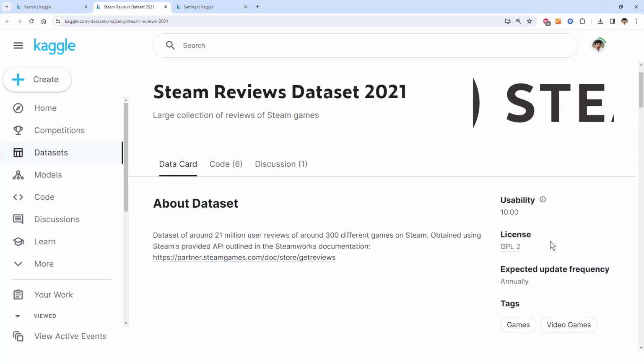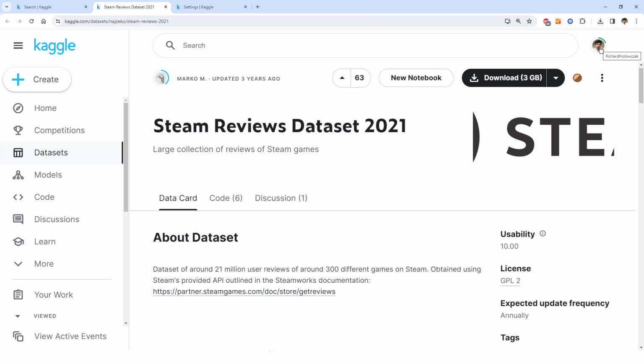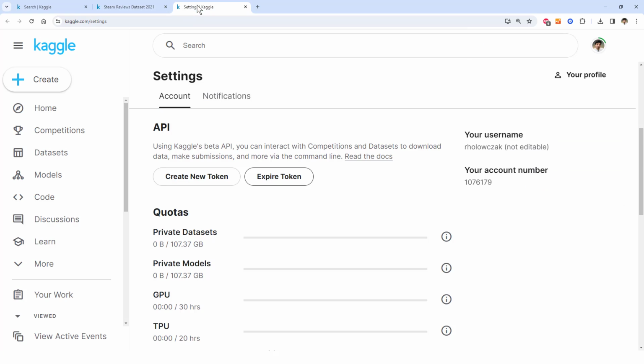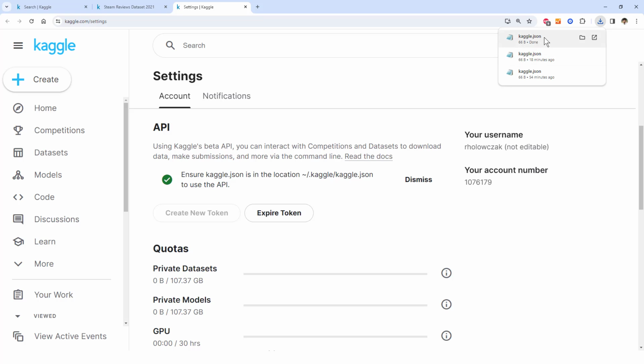Before we move away from the Kaggle, we're going to click here and open up our settings. Just going to right click and open up the settings, and you'll scroll down to the API section, and we will create an API token. Using Kaggle's API, you can interact with datasets and download them, so this is what we're going to have to do. Now, as soon as I click Create Token, you can see it immediately downloads the file,